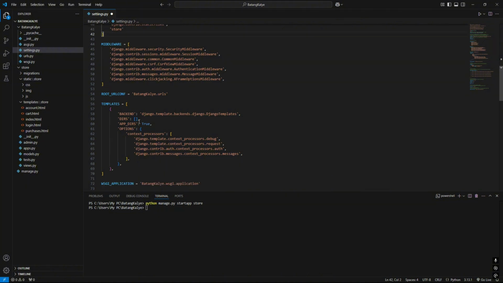The next step is the directory of the files, where we should use os.path.join with BASE_DIR, the name of the app, store, and the name of the folder for our templates. Oh, I forgot, templates.